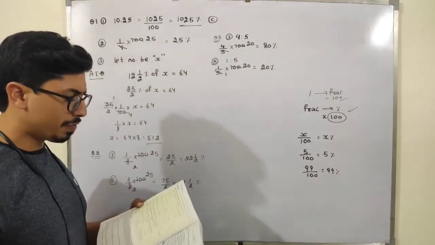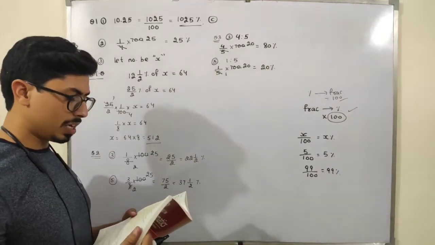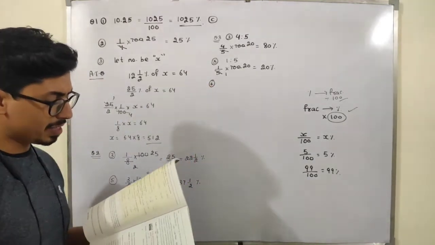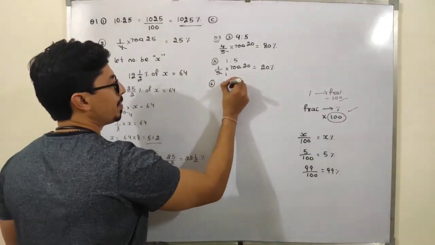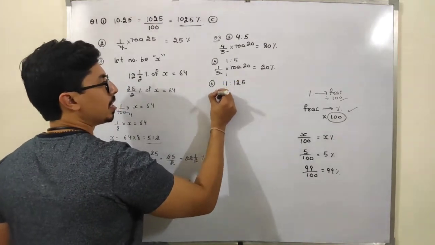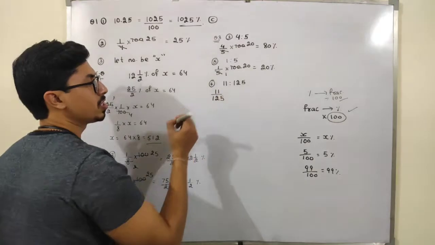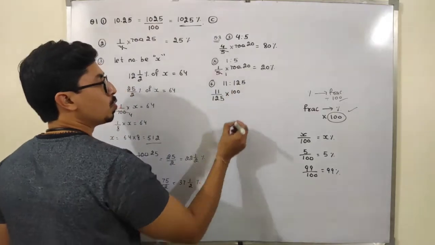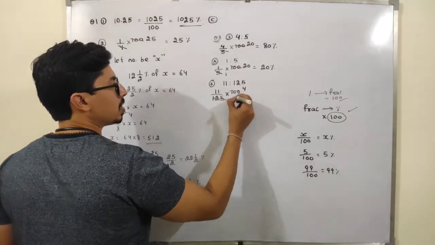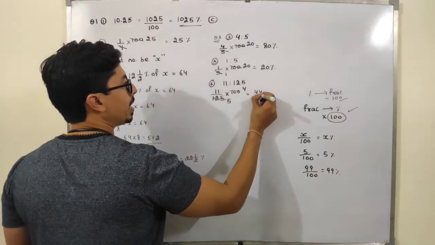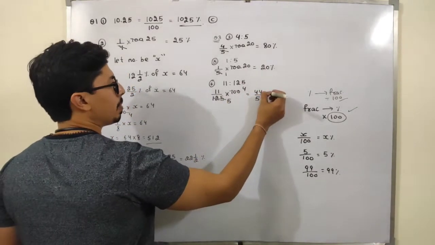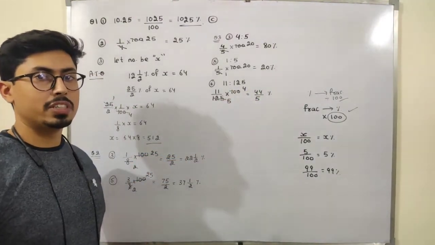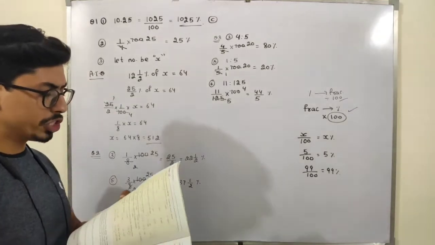Similarly students, if I take any other part, like the 6th part, it is 11 ratio 125. So this means 11 upon 125. Now this is the fraction value, and to convert the fraction into a percentage, multiply this by 100. So 25 fours are 100, 25 fives are 125. So it will be 44 by 5. This will be my percentage value, or we can convert this into a mixed fraction, and that will be our required answer. So this is our question number 3.